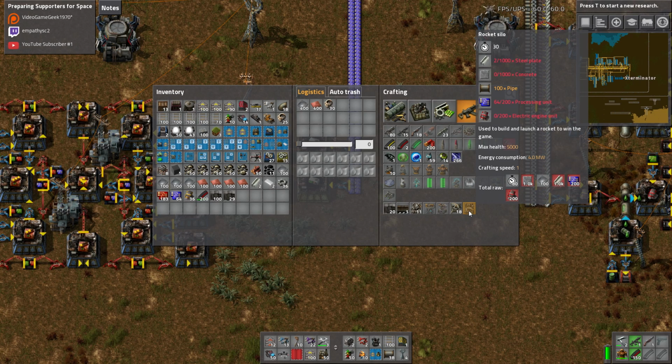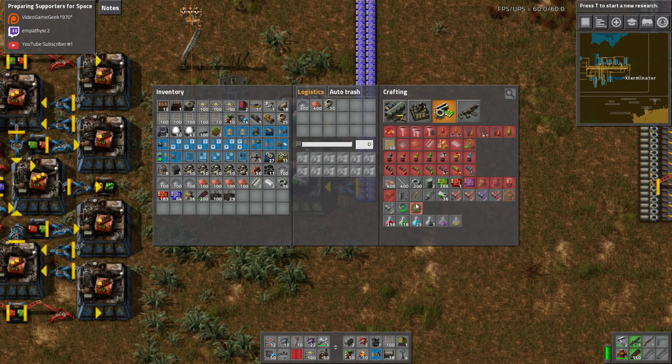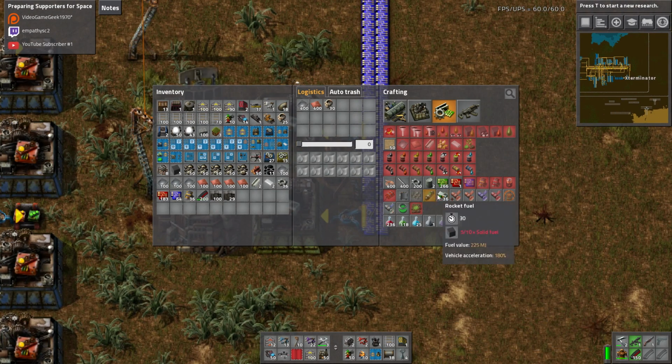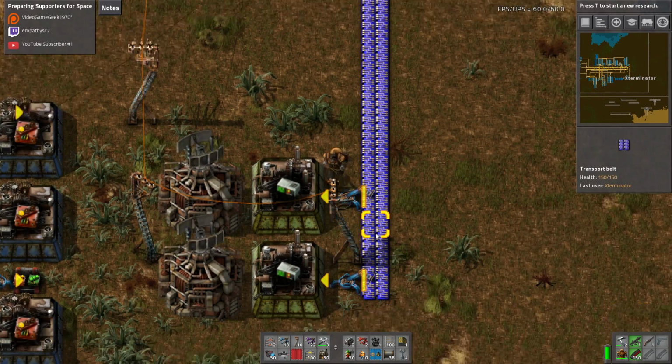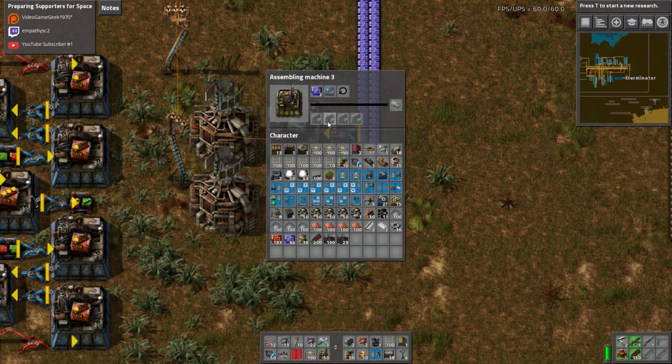So you need 100 rocket parts to make a rocket. Each rocket part takes 10 of each of these components, this, and this. So normally it would just be 1,000, right? 10 times 100 is 1,000. But once you put productivity in the rocket silo, it brings this down to about 714 of each of these, which is a significant drop, way better. So I'm going to put productivity module 3s in the silo, and then if you productivity these things as well,